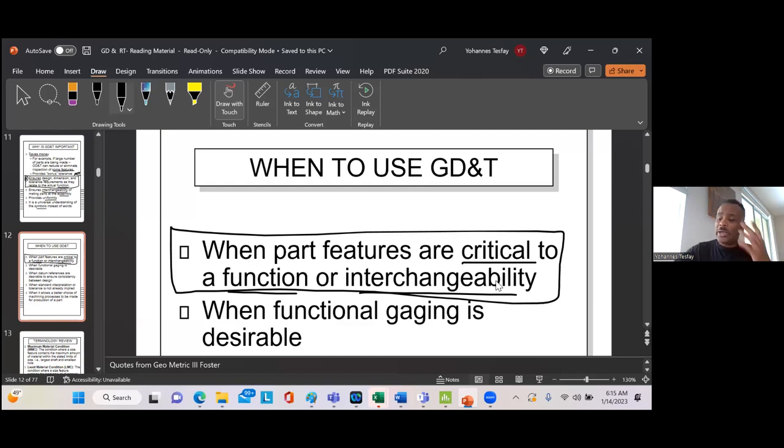So if anything is critical to the part, first, how do we determine the criticality of the part? We need to know the functionality. Right? We need to know what this thing does. So the functionality of the part is